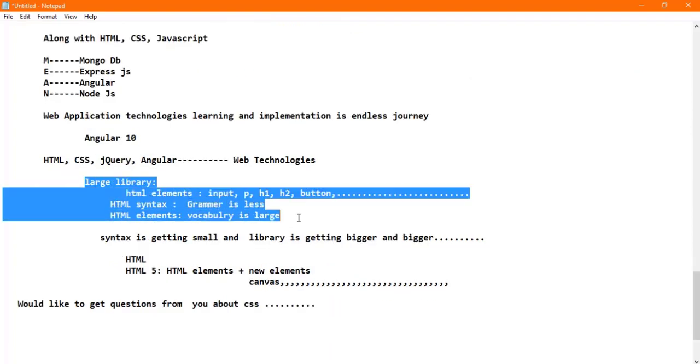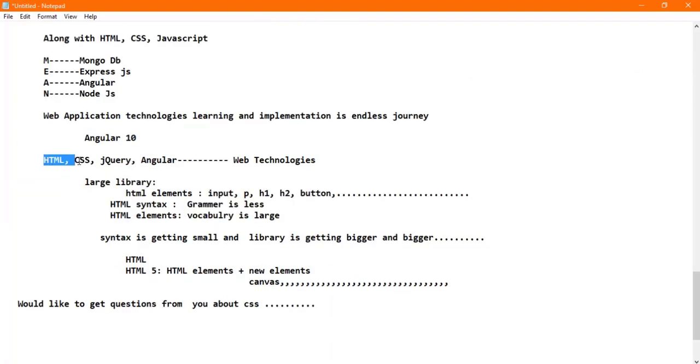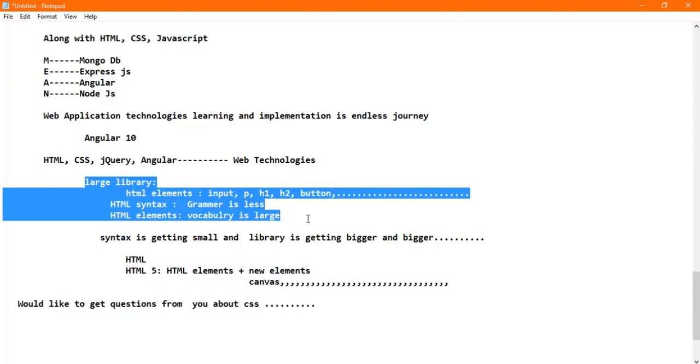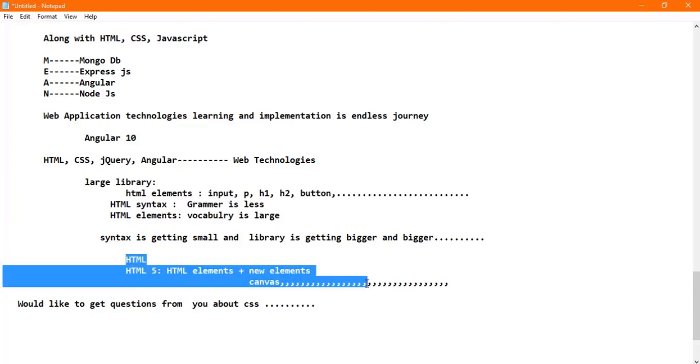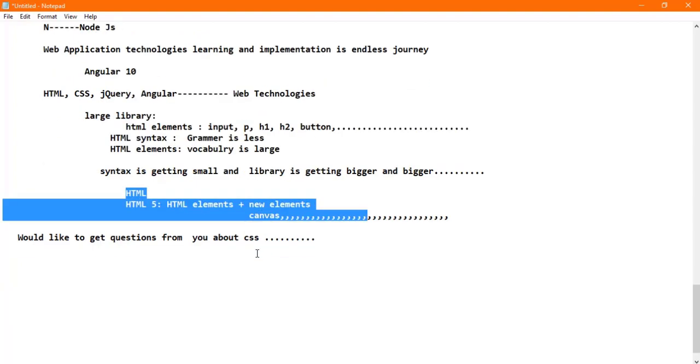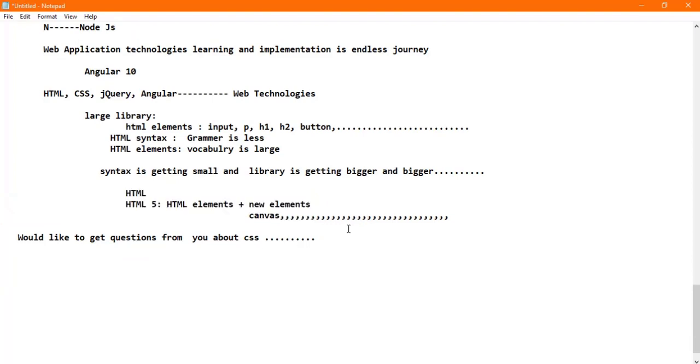Large libraries are there. Any technology you use, HTML, CSS, jQuery or Angular, you always find that they have huge libraries, and the huge library contains so many HTML elements and so many kinds of syntax for your ready-made functions. So that time I showed you an HTML cheat sheet, and there are so many things there. If you want to get this, we have to explore those concepts through the w3schools.com site or some other official documentation, or maybe a book, and then get how exactly we can link them together.